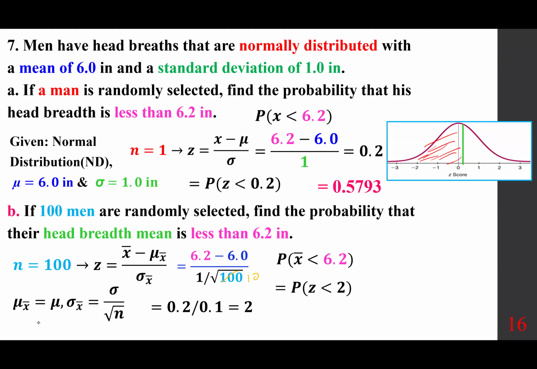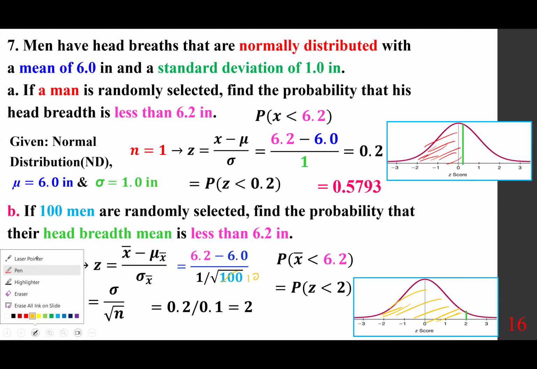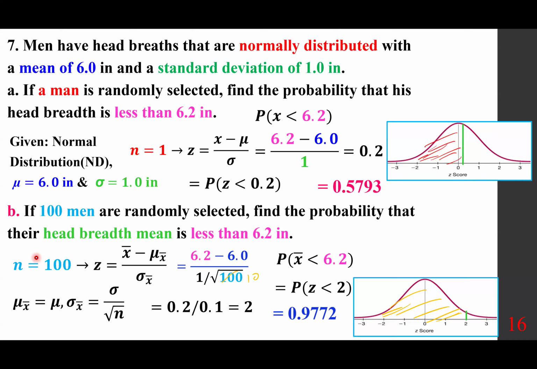So the probability of X bar less than 6.2 is the same as the probability of Z less than 2. So look at the 2, and we are interested in this area. Clearly, you should recognize that it is, of course, less than 1, but close to 1. And if you use the table, you get